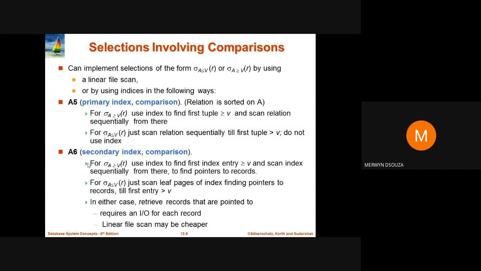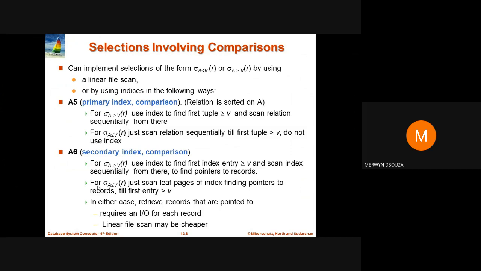In that case, for the values greater than or equal to v, we will use the index to find the first index entry greater than or equal to v and scan the index sequentially from there to find the pointers to the records.